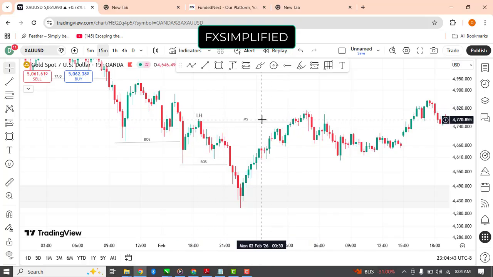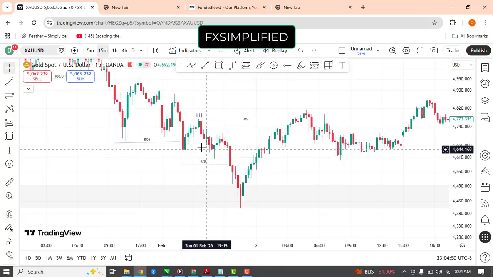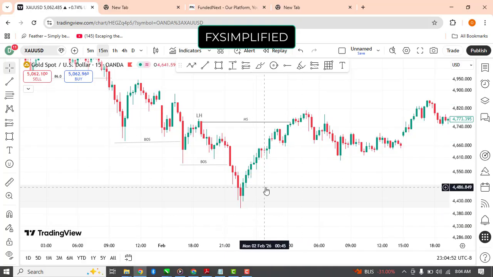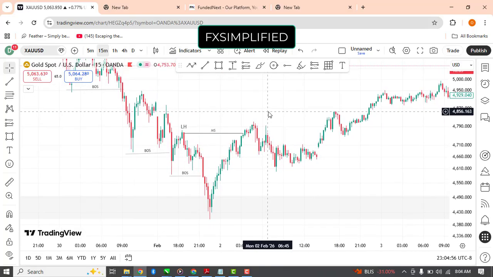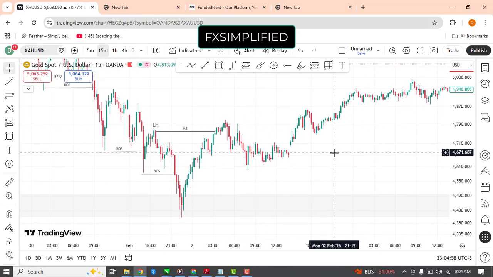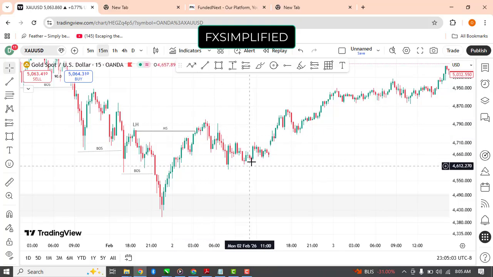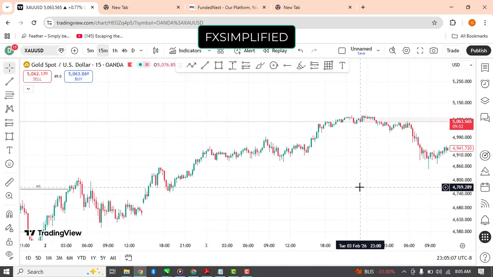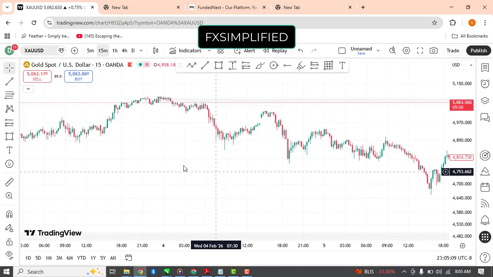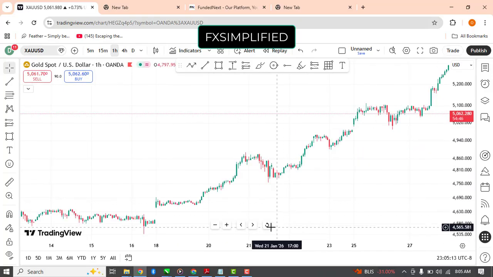So when price breaks above previous lower highs, it means that there is a market shift, from selling to buying. This is what confirms that price has turned to buying opportunities. And you can see that all the way from this moment, after price retraced a little bit, price continued to go upward. All right, I don't want to spend so much time right there. I believe you understand what I just explained to you.